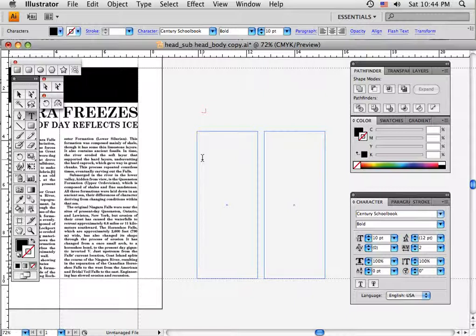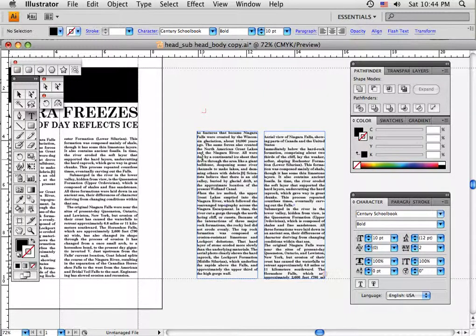However I get my copy, somebody's writing the copy for me. I select it and get it on the clipboard with Command C, and then on Command V I paste it in. And it comes in with whatever font I've asked for it to be, school book, bold, and it just comes in and sets in this column. Now you can see that that little red plus right there says I've got a few more lines there,